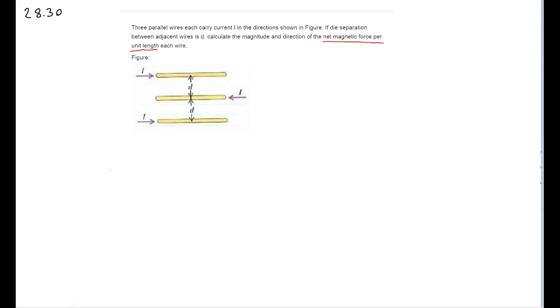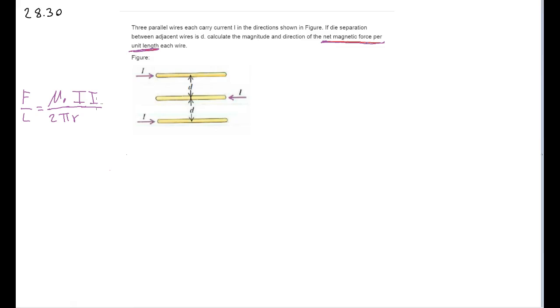Like I highlighted right here in red, the keyword is, what it's asking for is to find the net magnetic force per unit length. The force per unit length. That's what it's asking for. And the formula for that is mu sub naught over 2 pi r, and then the current times the current. Okay, so right here